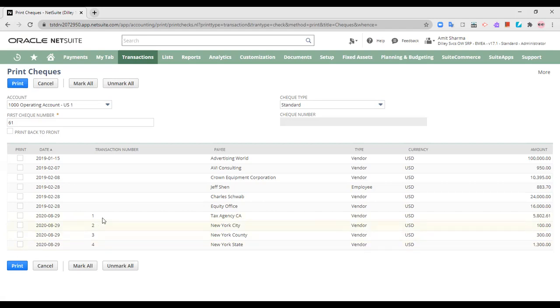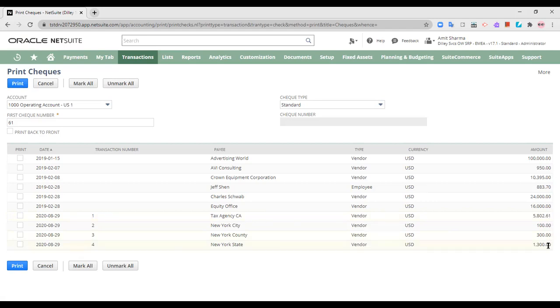So these were the 4 types of vendors. 4 checks have been created on this date, and you can print those checks as and when you want for the purpose of payment. These are the 4 vendors: tax agencies, New York City, New York County, New York State. So these are the 4 tax vendors against which the checks have been created.